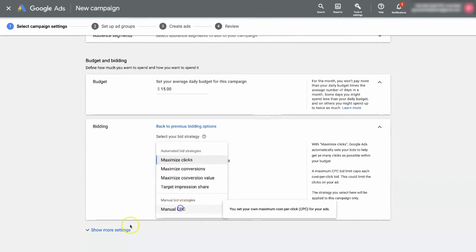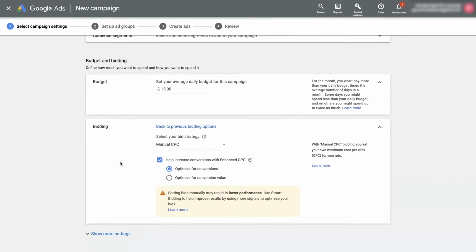You have manual cost per click. So manual cost per click is essentially going to be where you set the cost per click. So this is the only strategy where there's no machine learning involved. Well, I guess I shouldn't say that fully, because you do have an enhanced cost per click option where it is still going to use machine learning, but you get to set a limit as far as what you want